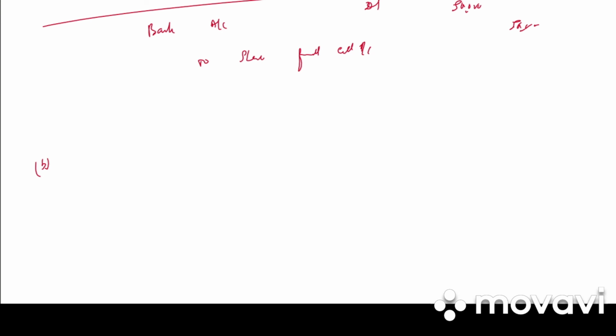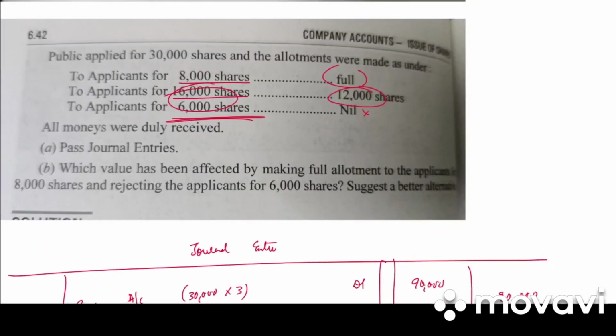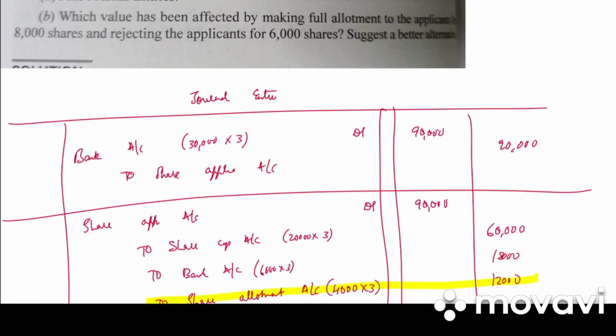among all the applicants. So if they would have done pro rata basis, in that case all the investors would have got some shares or another. In the problem what happened, whoever applied for 6,000 shares were small investors. So the company didn't give them any shares. Clear? So this is a problem of oversubscription. Tomorrow we would be continuing more problems. So that's all for today. Thank you.